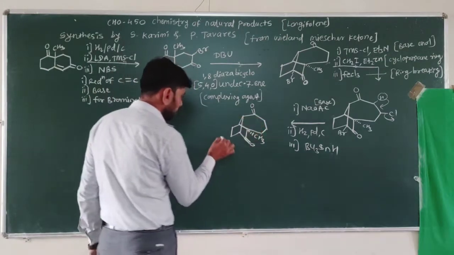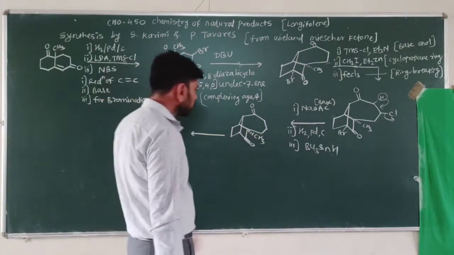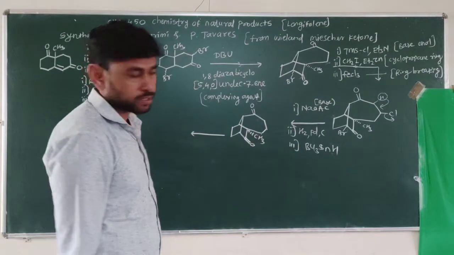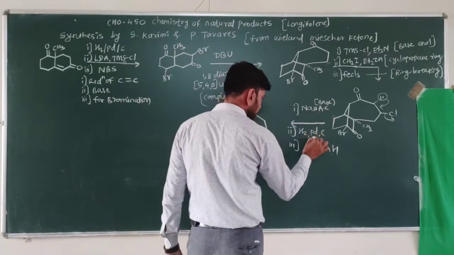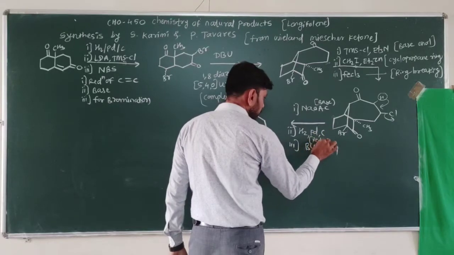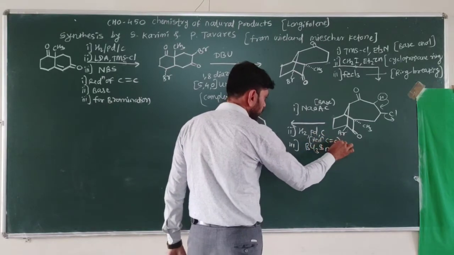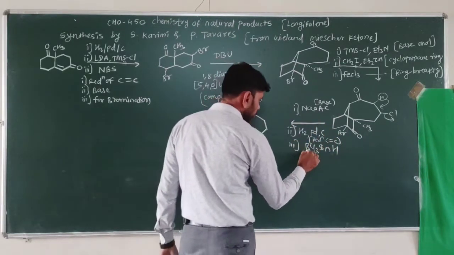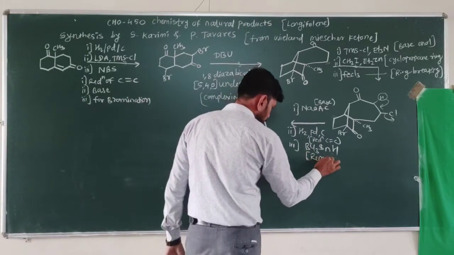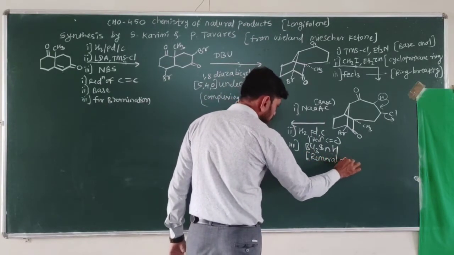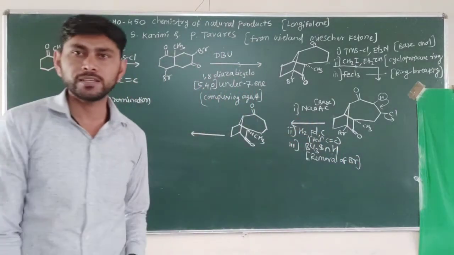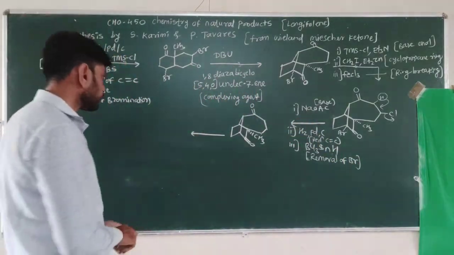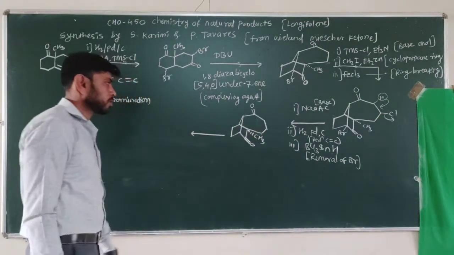Now these products are obtained. Now from this product we have to move towards the structure of longifolin. So here the role: it acts as a base, it acts as a reduction of the carbon-carbon double bond, and here tributyltin removes Br. Actually it occurs with a free radical mechanism. So this product is obtained here.